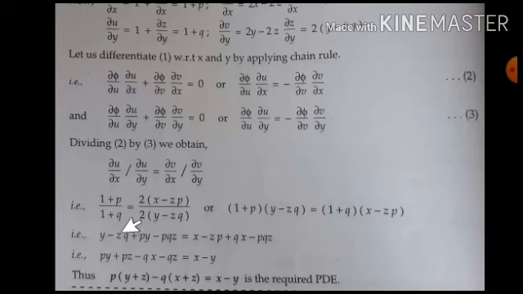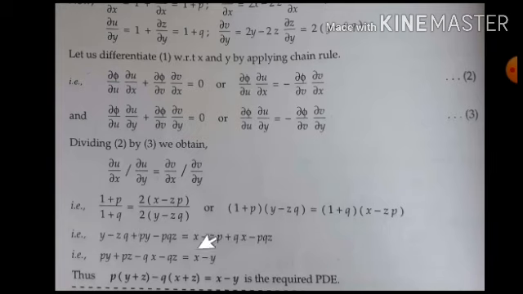No. Then bring the terms to the right side, except x, bring these 2 terms to the right side. So py plus pz, this term becomes plus. Then bring this to the left side, qx minus qz, and y is brought to the right hand side, so x minus y. And here p is taken common, here minus q is taken common. This simplification you can do in any way.